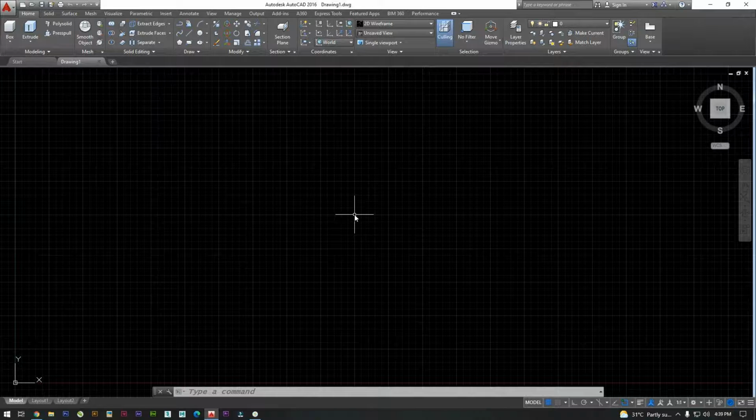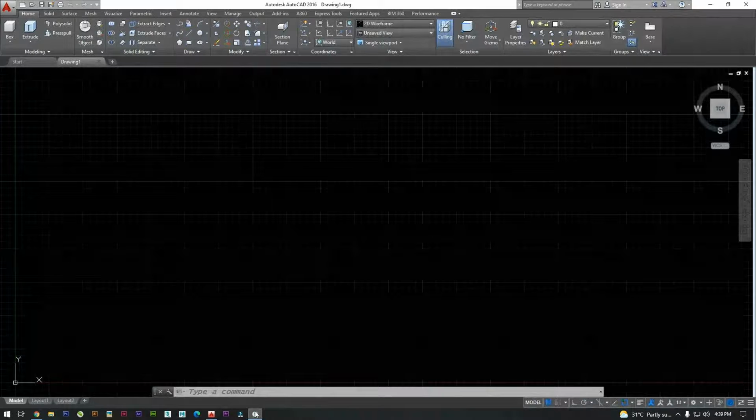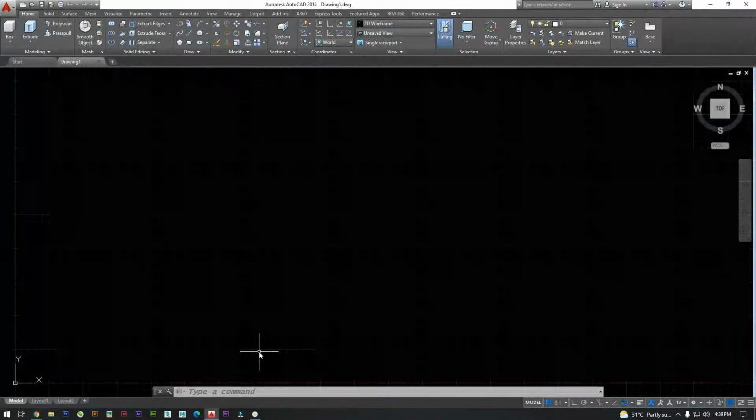Okay, I did that. It's in 3D modeling itself. Next, you have to put the command box.